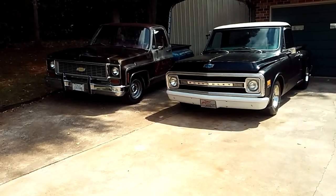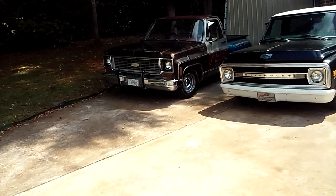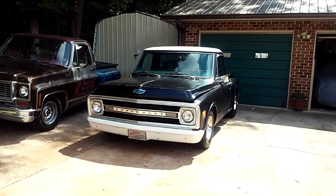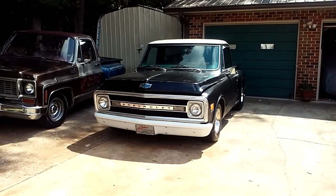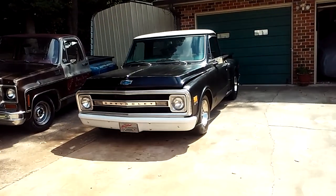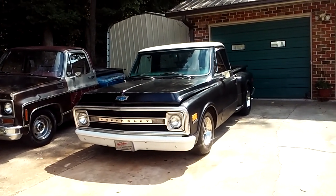Hey guys, I got old Dookie out of the garage in the backyard and got him up here in the front because I'm fixing to put old Cash back in the backyard in the garage. He's been out for a few weeks and stretched his legs going to the rod, running back and running around town there some. So